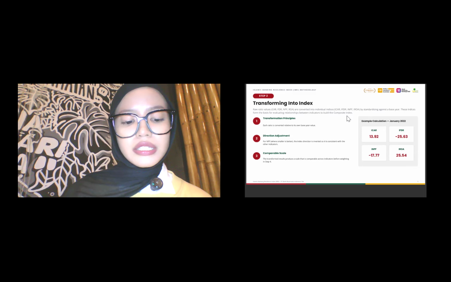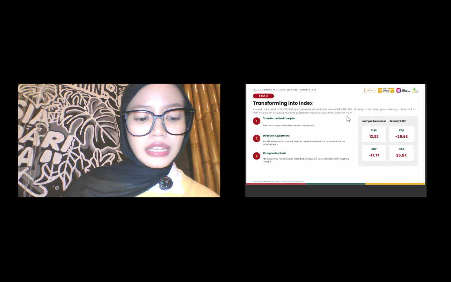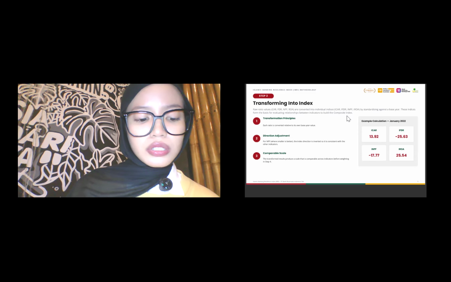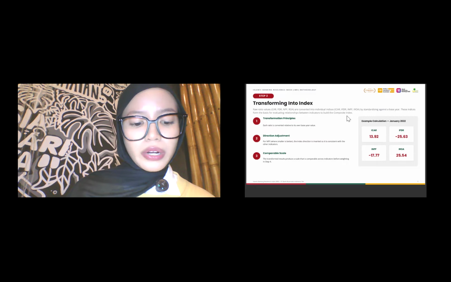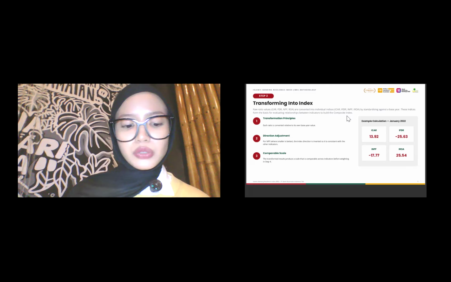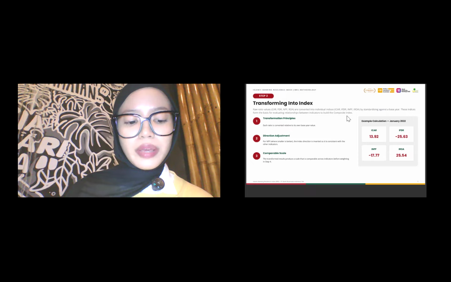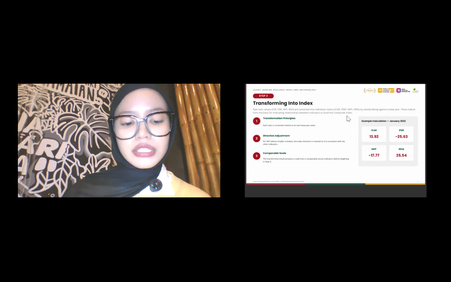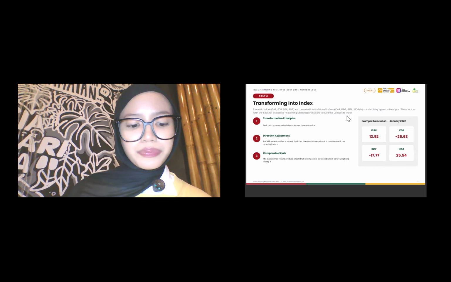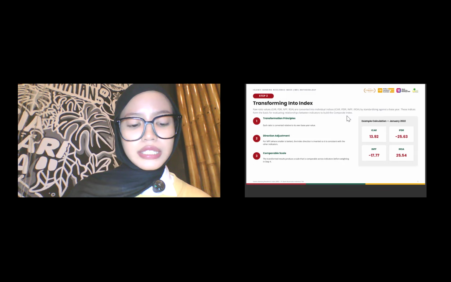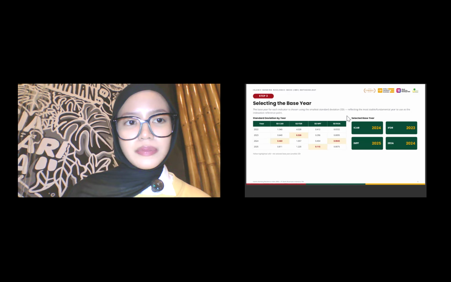Next, the financial ratios originally have different units and scales. Therefore, we transform them into standardized indicators. This makes every indicator comparable for combining them into one composite index. For NPF, the direction is reversed because lower NPF indicates better performance. After this transformation, all indicators move in the same direction, where higher values represent better resilience.